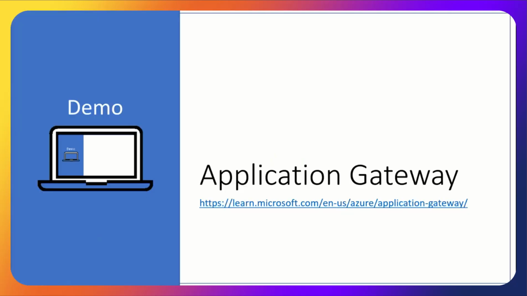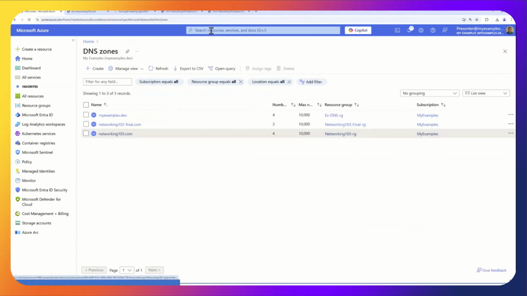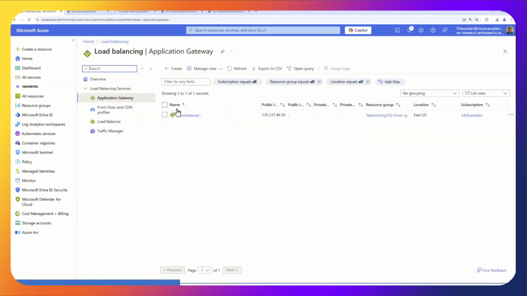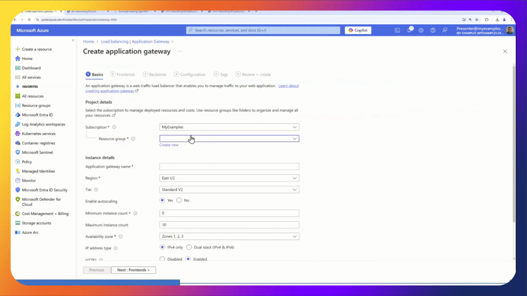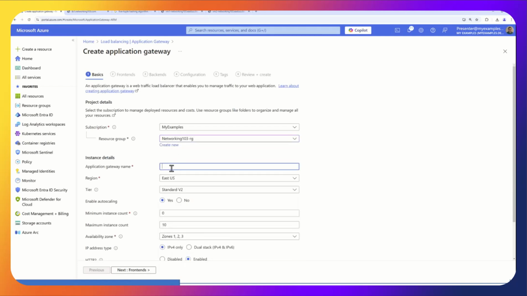And let's create some. So I'm going to go to application gateways. I'm going to create one. Again, the flow is very nice and easy. I'm going to go to networking 103-RG.